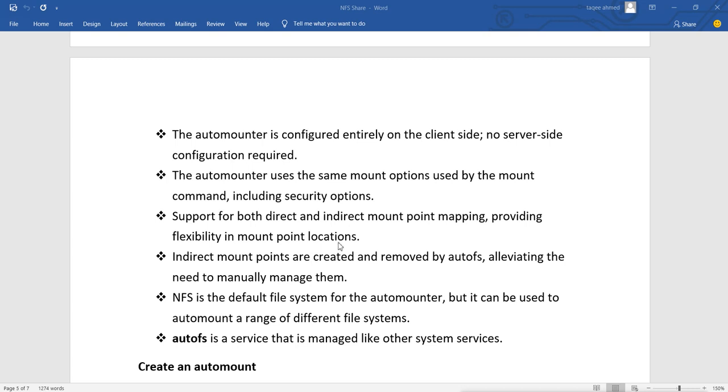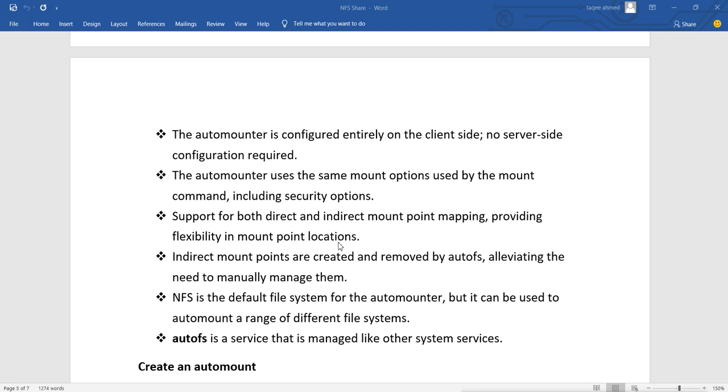Direct and indirect means we can mount it directly under the slash, or indirectly under some other directory. So it provides this flexibility also.